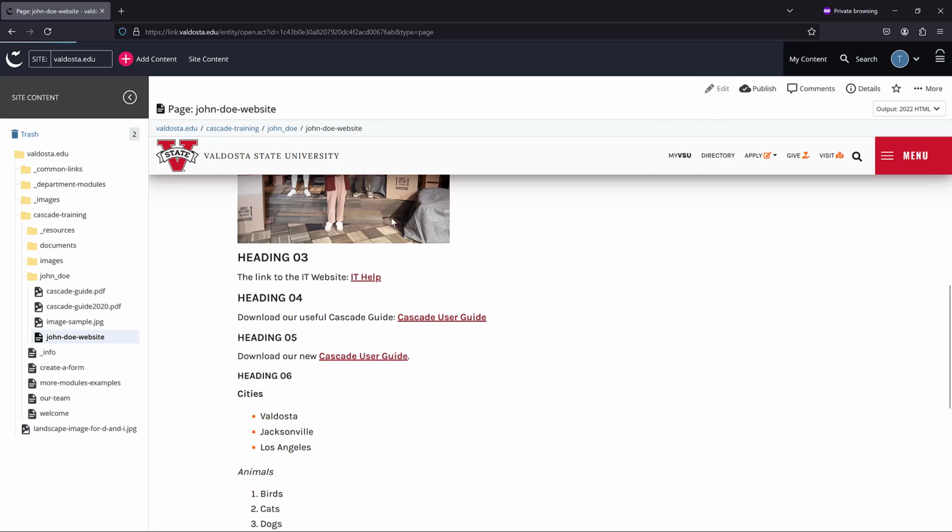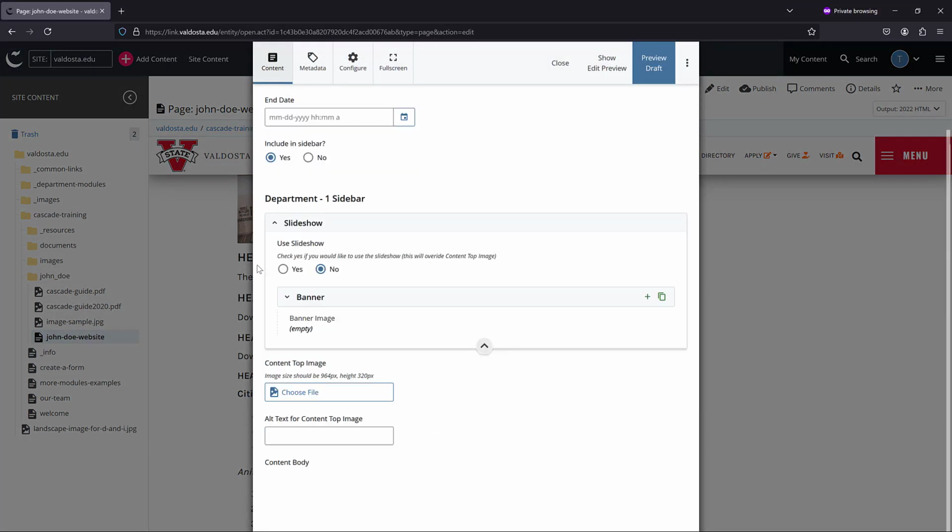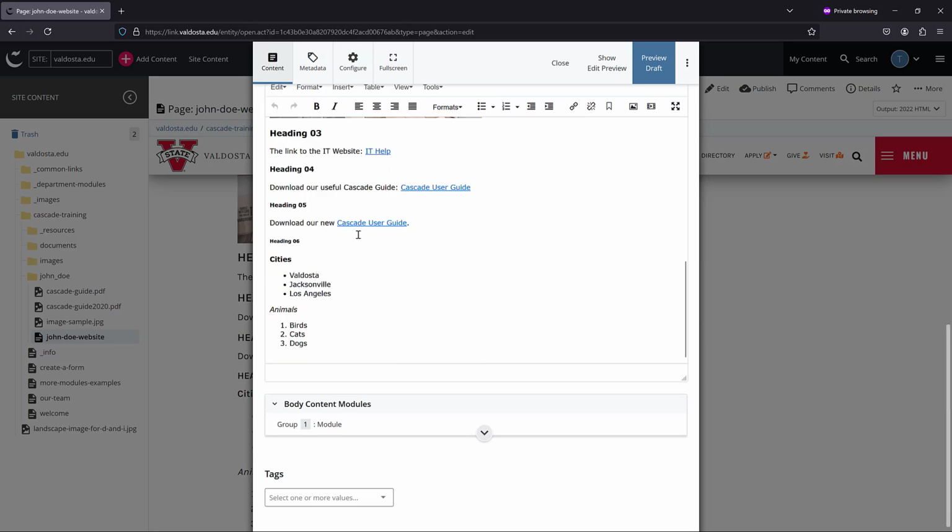So go ahead and click on the edit to go back to editing the page, scroll down to the content body, and then after hitting 06, hit the return key and type in the following sentence. Then hit the return key again and type in the following sentence with the email address. And when you click on the return key after you type in the email address, you will notice that it